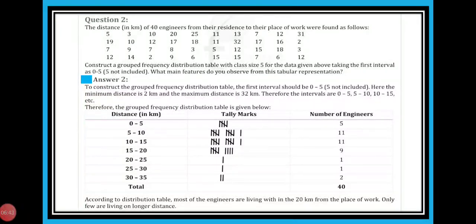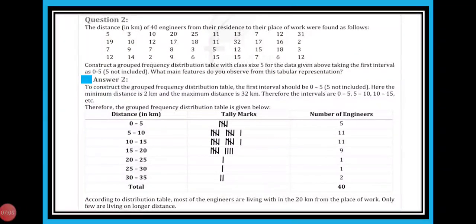Groups of 5 lines in such a way that if there are only 2 frequency, you will make 2 lines. If there is 4 frequency, you will make 4 lines. But if there is 5 frequency, then you have to make 4 lines and 1 line crossed over them. We already learned tally marking in the previous class, so it is not a big deal.